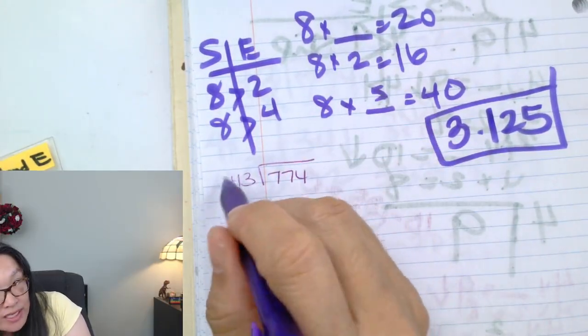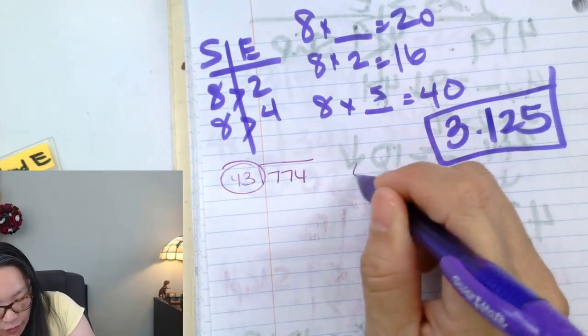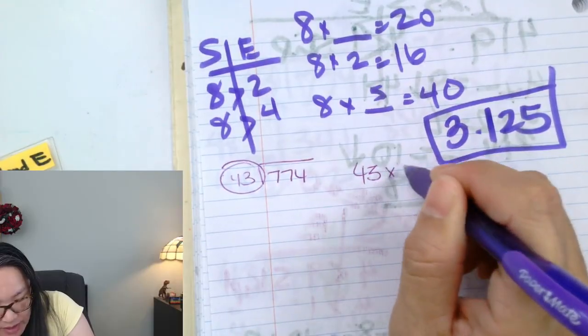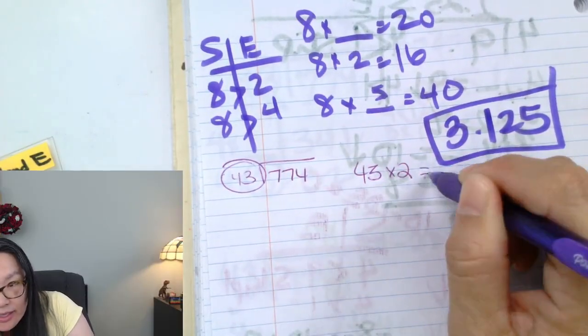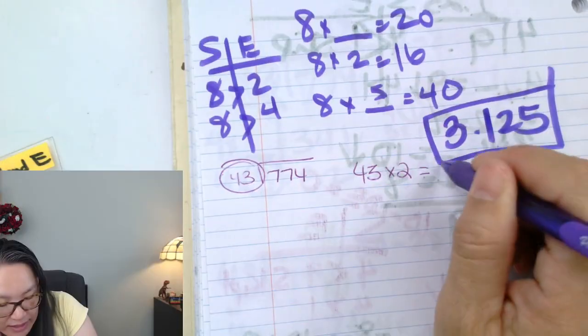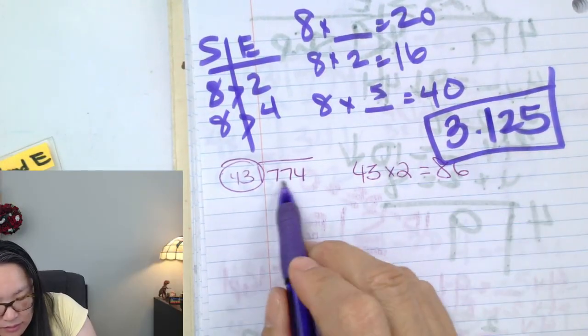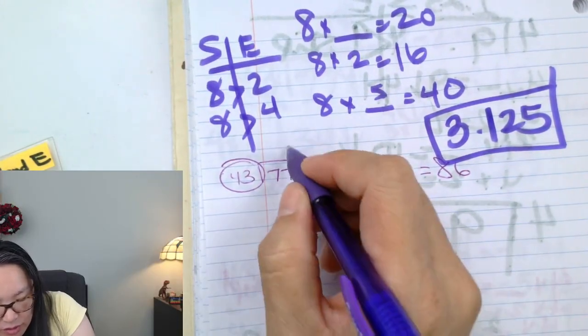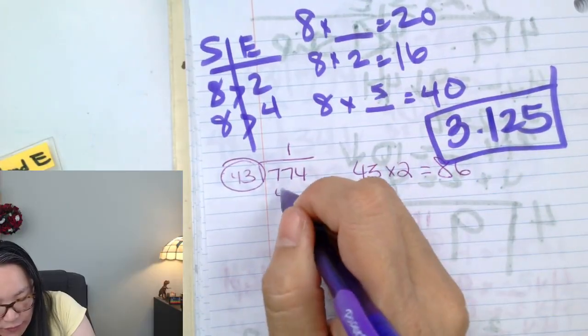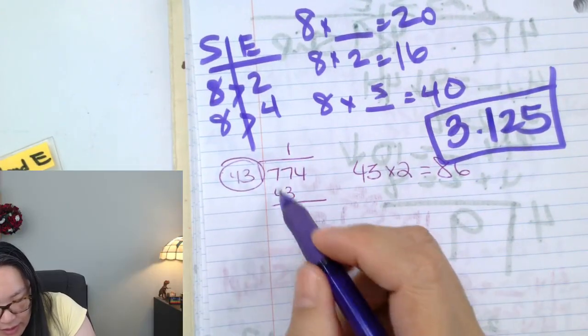What they do is they take it as a whole. They do 43 times that by 2. What does that look like? And then you work it out. So it'd be 86. Well, that's too much. So then they know that that will be 1. So then they take away 43, right, is equal to